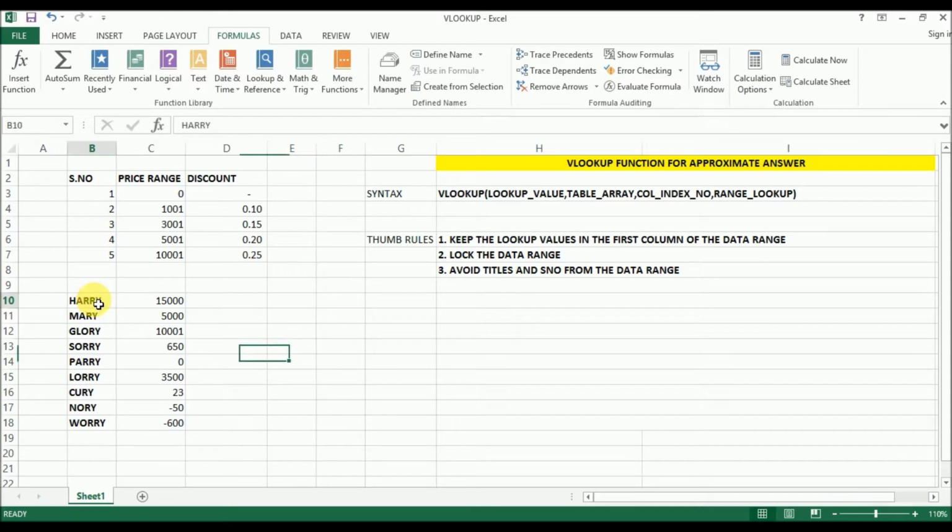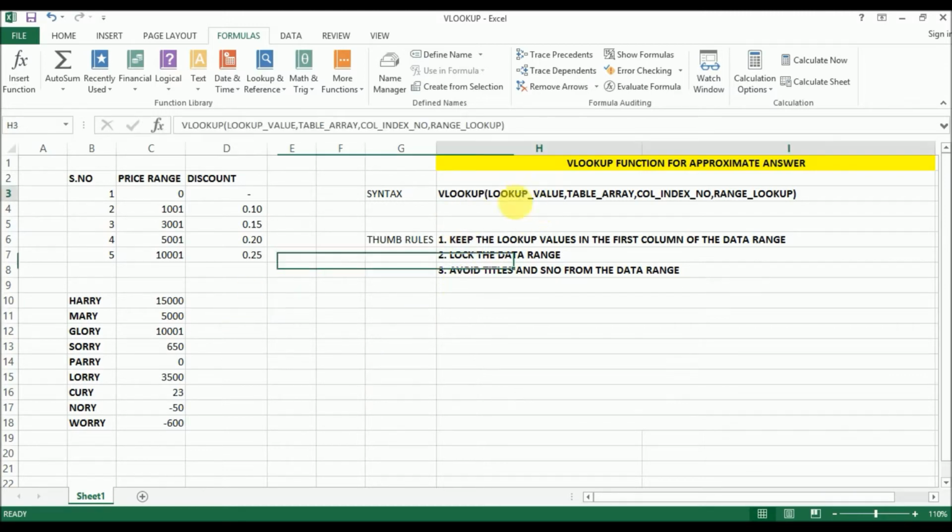So I have customers here and their bill amounts. Now I need to put in the percentages applicable to these amounts. Since the number of customers is small, I can type it, but if I get 200, 300 customers, that will not be recommended. So we'll use the VLOOKUP function. Before typing VLOOKUP, we'll see the syntax.